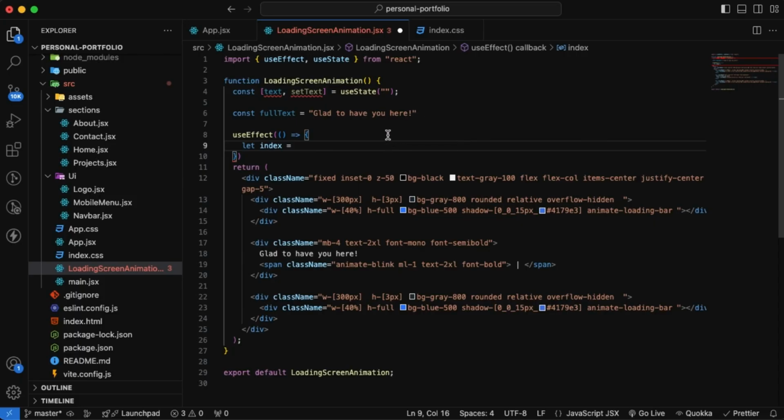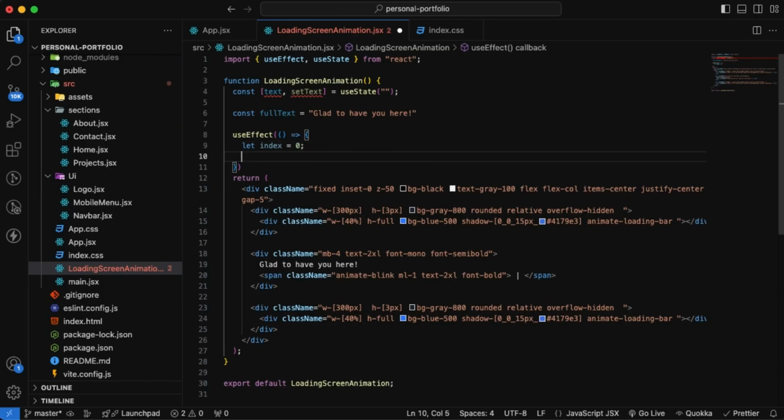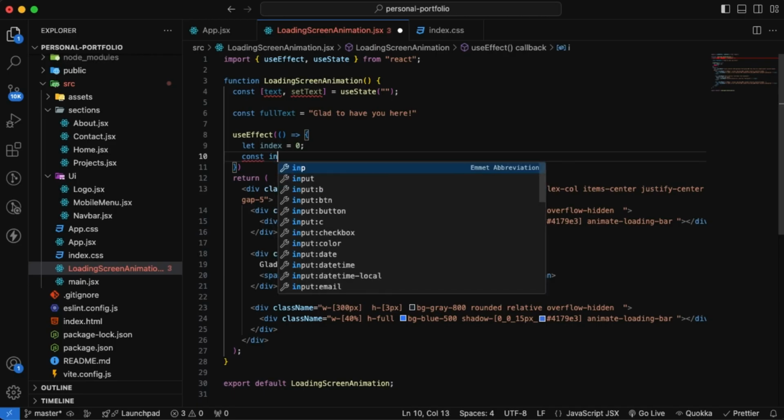So it will start by displaying just the first letter, in our case the G, and it will wait a certain amount of time and display the second letter, which is the L, and it will wait a bit and display the third letter, which is the A, and so on and so on, as if we were actually typing it ourselves. So for that, we have to keep track of which letter we are in with this index, and we can give it a 0 index here. Then we want to create another variable. We can name it interval,